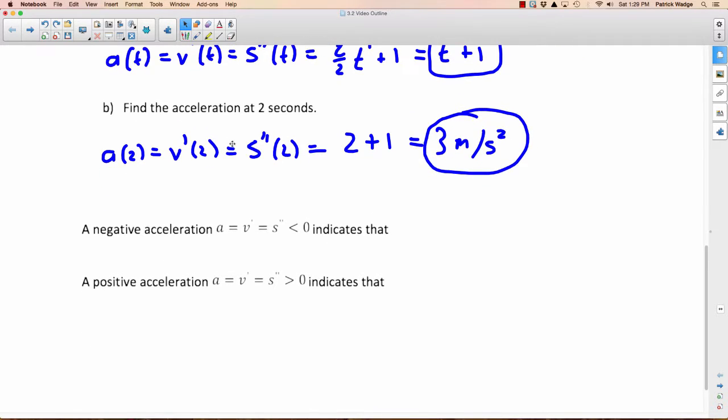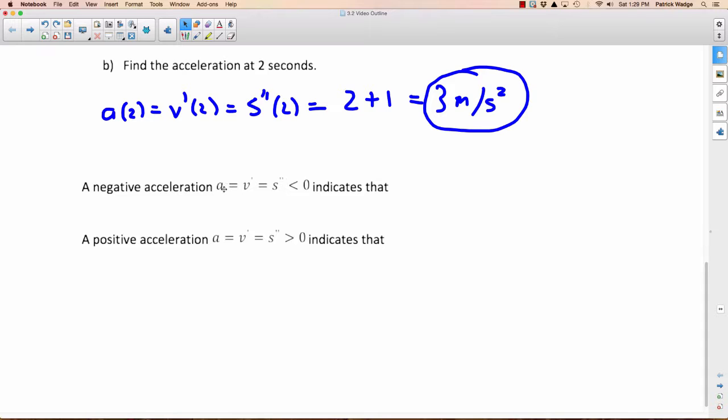Okay, last thing here. A negative acceleration. So in other words, if a is less than 0, which is the same as saying v prime is less than 0, which is the same as saying s double prime is less than 0. What does that mean? Well, if acceleration is less than 0, if you have a negative acceleration, what does that